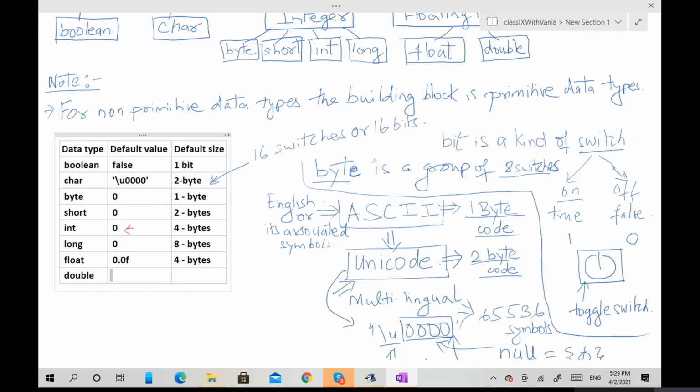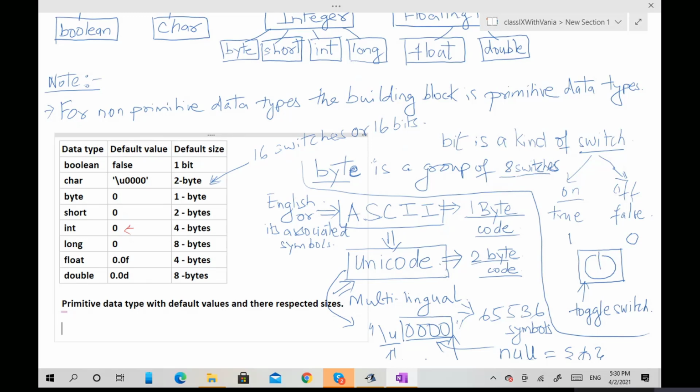Double is 0.0 and is of 8 bytes. So this is the table of primitive data types.